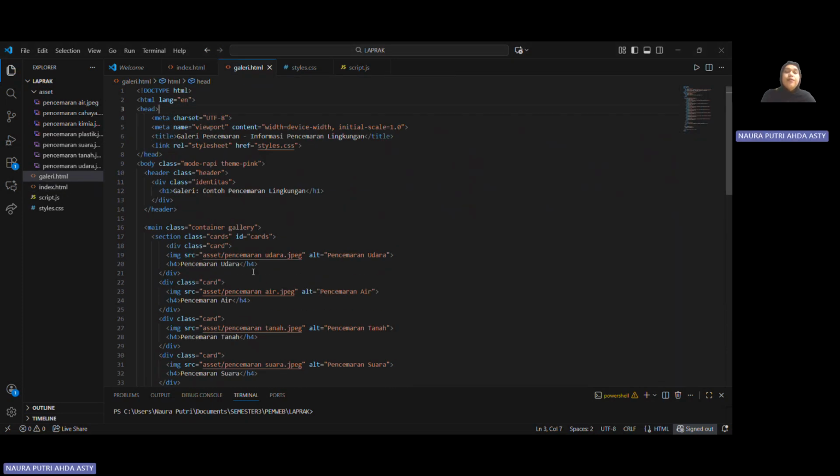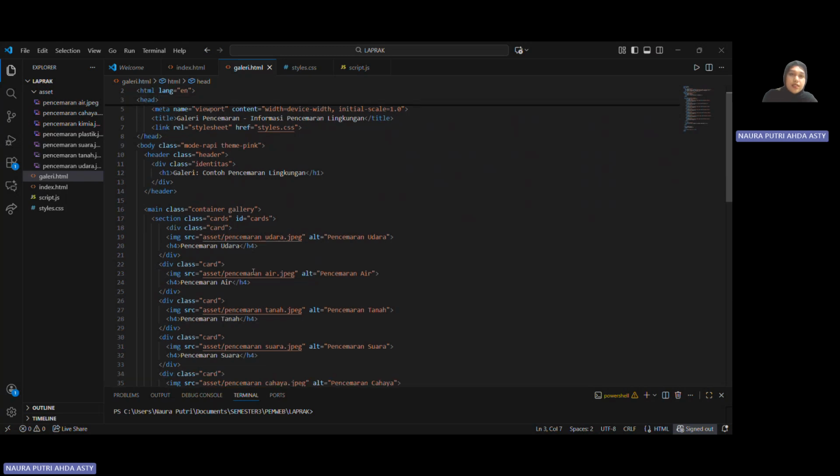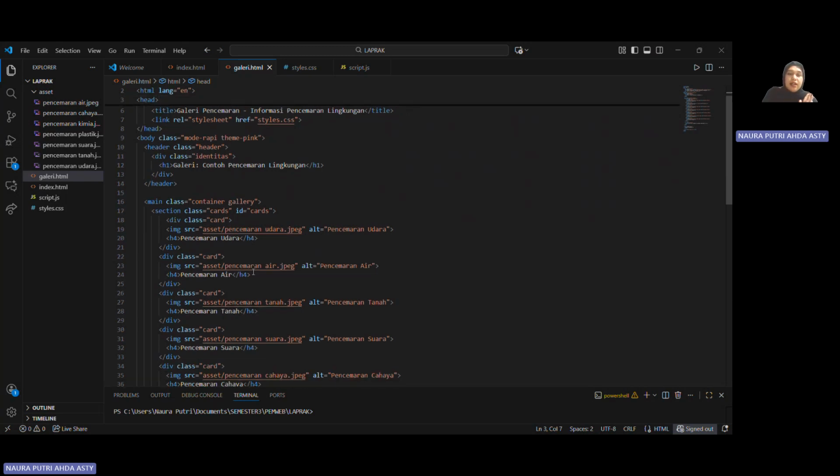Like before, the first line, second line, and then the head part are still the same as the index HTML. There's the title, but this time the title is Galeri Pencemaran and Informasi Pencemaran Lingkungan, and the link connects with the CSS to design the page. Then the next one is the body and the header section.